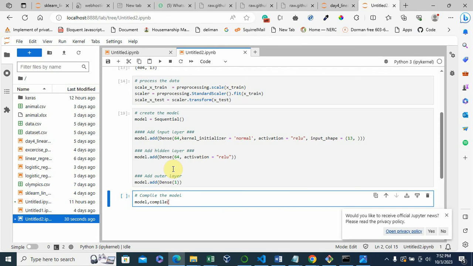So we are going to specify the error function to be used. We just pick a function, and that function measures the error as the layers progress. We're also going to specify which optimizer to be used.